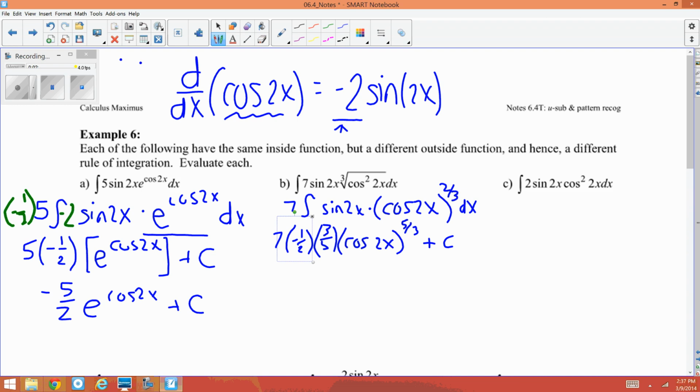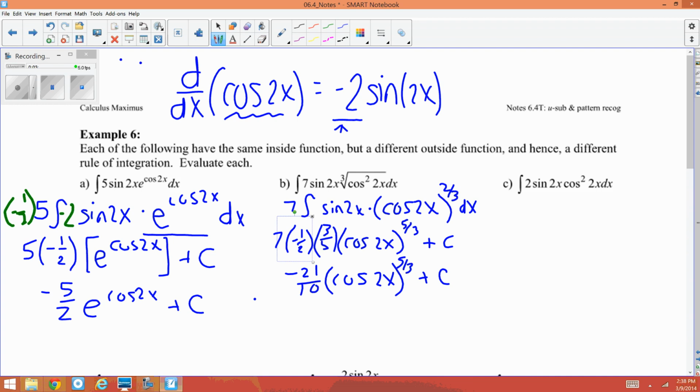Now if you want, you could plug these all in and simplify it. You could rewrite this if you'd like as a radical. I don't really want to. There you go. Or you write negative 2.1. Now for any of these, you could also use u-substitution. Right now I'm just getting you to practice that idea of